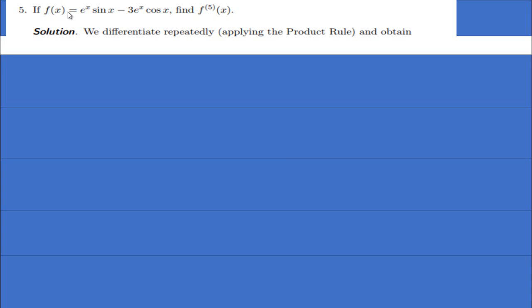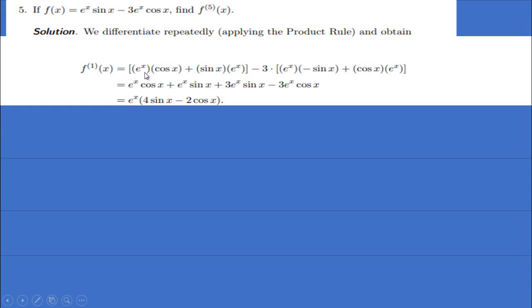Oh my god. So to find, we have the first derivative. The first derivative of e to the x, of course, copy derivative. The derivative of sine x is cosine x, plus copy derivative, so sine x e to the x, minus this one, copy and derivative, that is e to the x, negative sine x, copy derivative, that is cosine x e to the x, and then negative brace here. So e to the x cosine x plus e to the x sine x